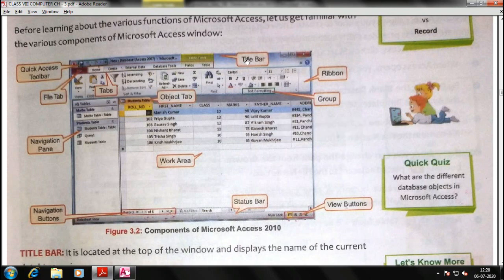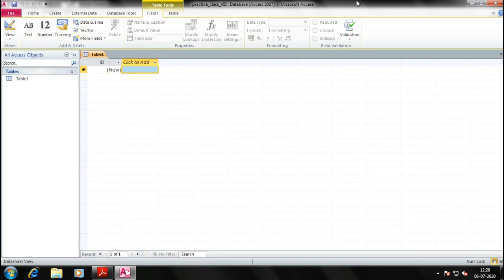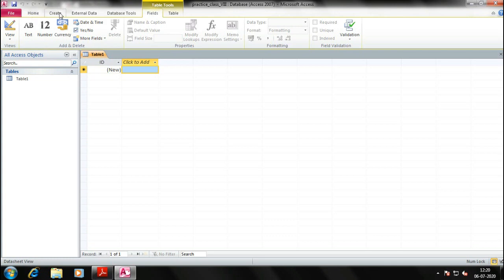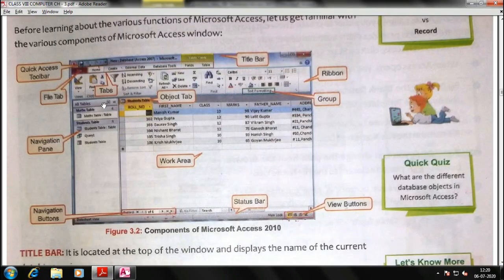Next is the title bar. This is known as the title bar, where, when we were saving this database, we gave the title or the file name. That file name acts as a title, and this is the title bar where it is shown. Next is the file tab. This is a file tab, and this is a menu bar. We have a number of menus. Next are the tabs.